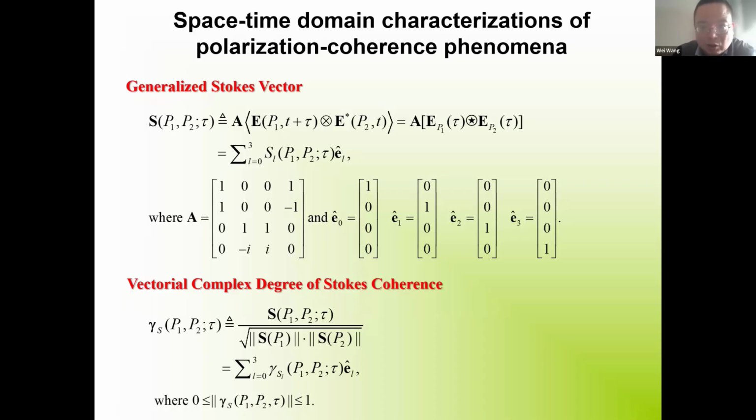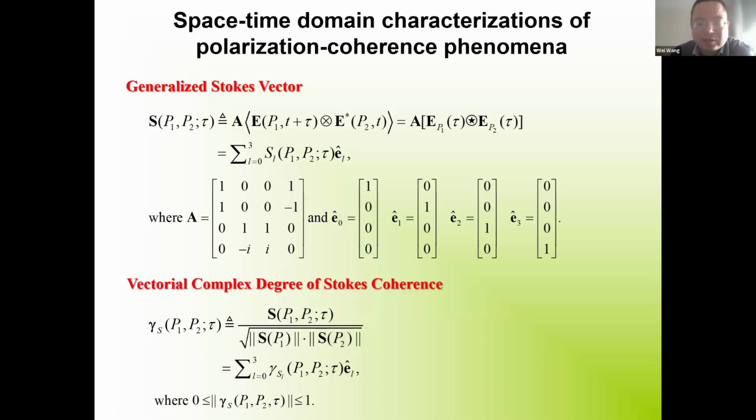Okay, here E0, E1, E2, and E3 are the orthogonal and normalized base vectors to span the 4-dimensional Hilbert space. So this is just another way to represent the polarization-related coherence phenomena of light. Once again, if we use the Frobenius norm of this Stokes vector